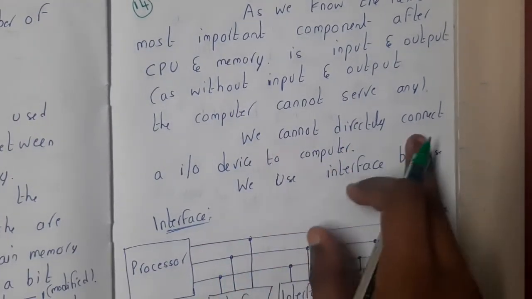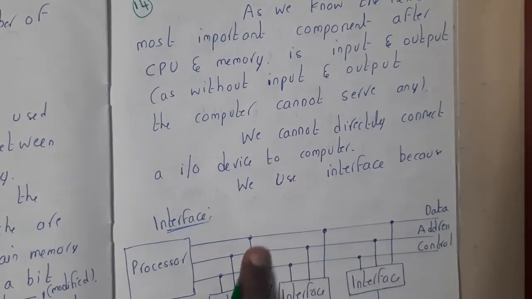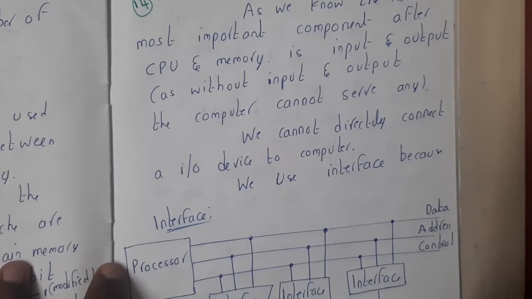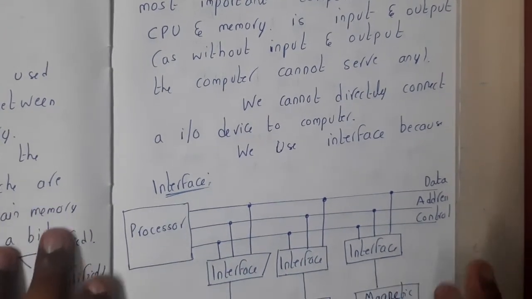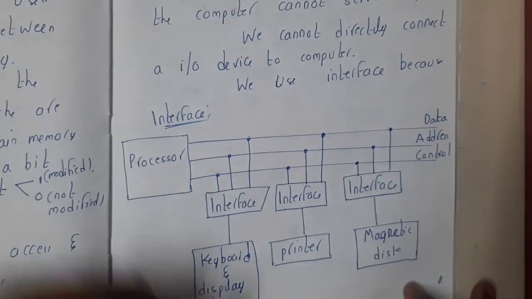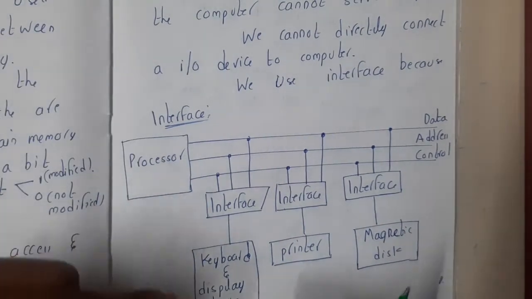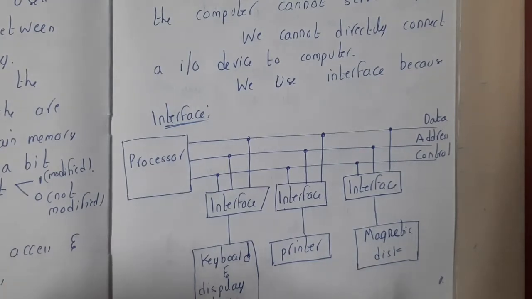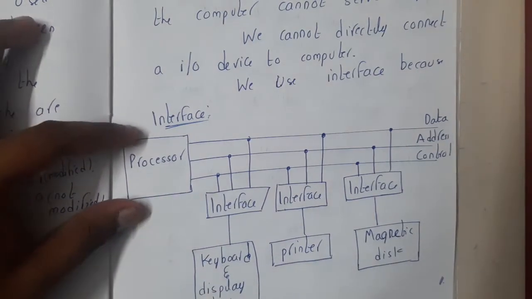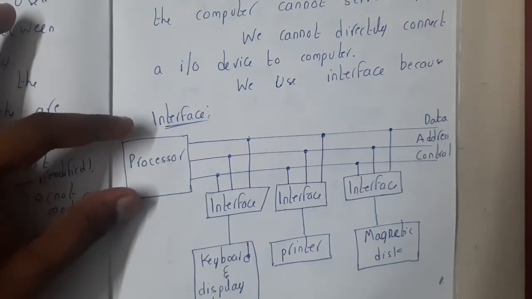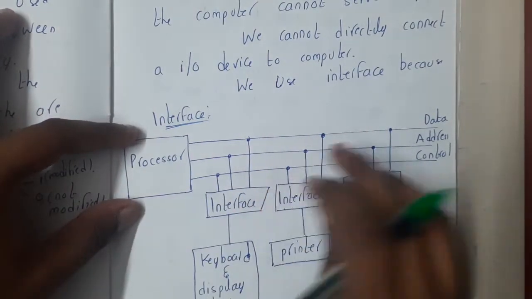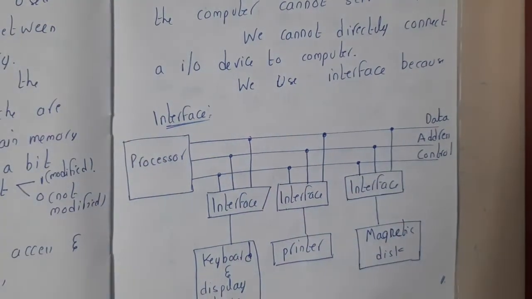So we cannot directly connect input output devices to a computer. We need the concept of an interface, guys. For easy understanding I'll give you a small example. What is a processor? A processor is a chip designed by a company. The chip might be designed by Intel, AMD, Apple, or any company. That chip will be able to do operations. Simply, it has some instruction set and it does the operations which are known to it, right?